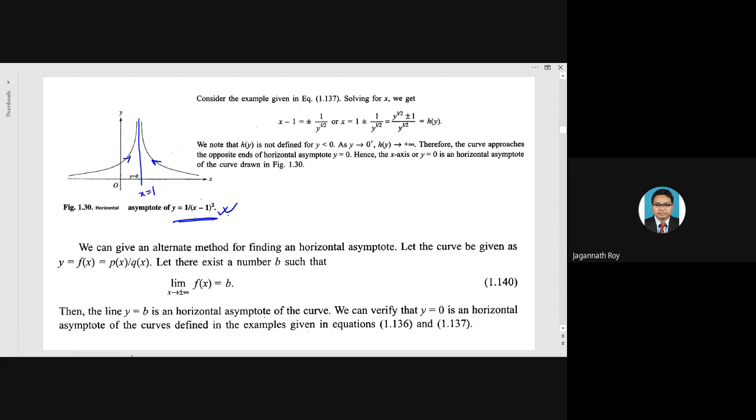So for this curve, we have seen x equals 1 is a vertical asymptote. Similarly, if you write it in terms of y,